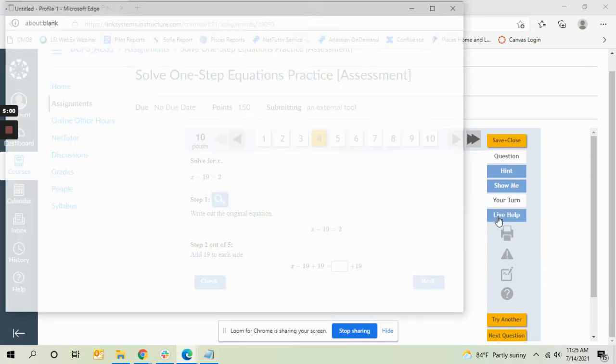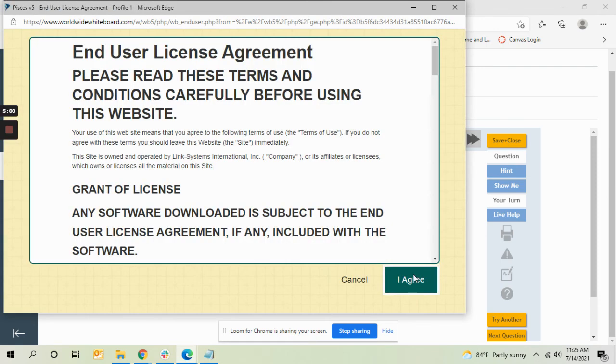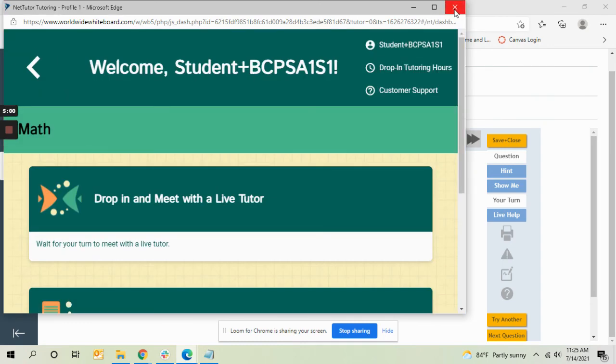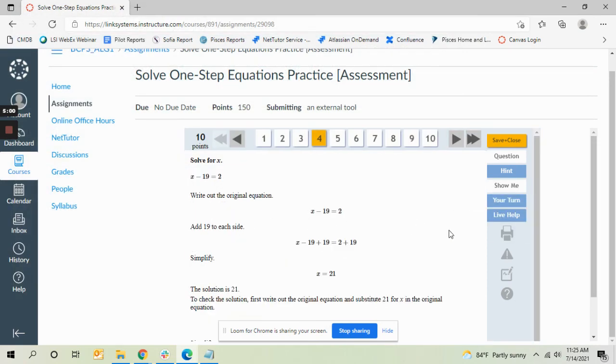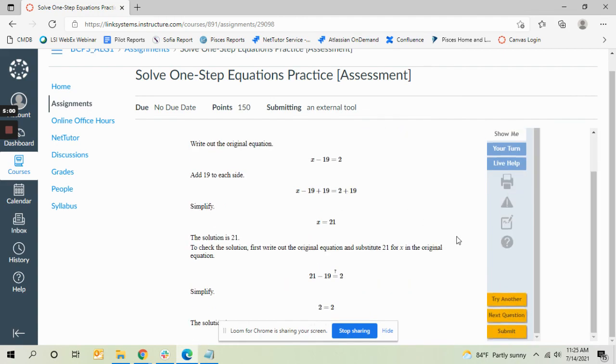You can go to live help if you wanted to connect with a live tutor, which I'm not going to do right now for the purposes of this demo, but you can go in and drop in with a live tutor. And the system platform will show you how to work out the problem as well as the answer. Now, you're not going to be able to go back to that same question, so you'll have to